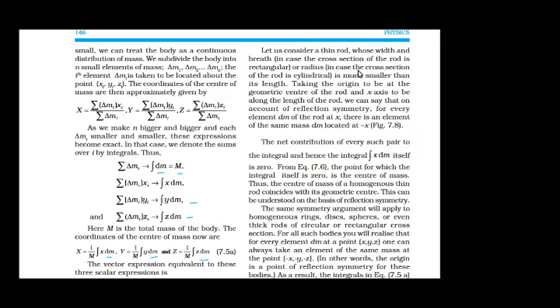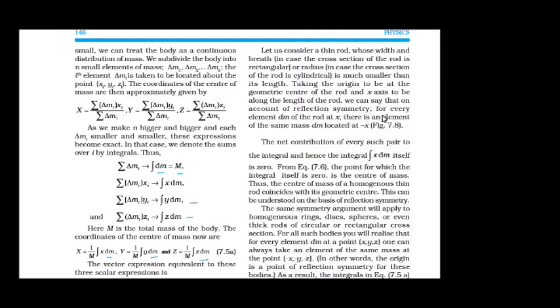So let us consider a thin rod whose width and breadth in case the cross section of the rod is rectangular, or radius in case the cross section of the rod is cylindrical, is much smaller than its length. Taking the origin to be at the geometric center of the rod, and the x-axis along the length of the rod, we can say on account of reflection symmetry, which we have done in the maths section in class 10th,